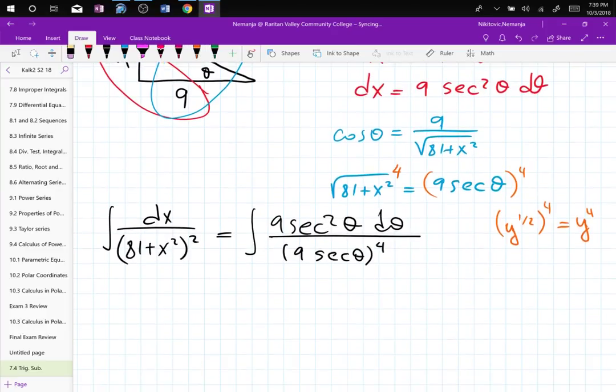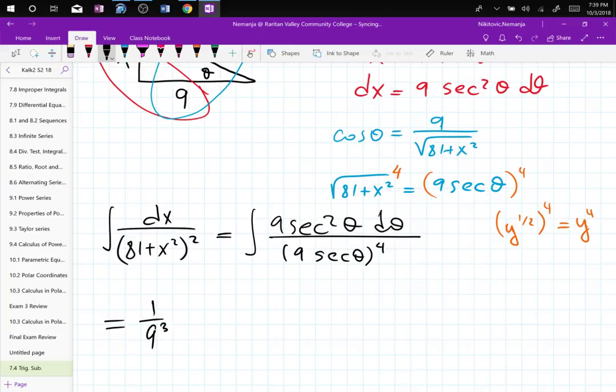Now you just have to deal with this nightmare, which is 1/9 cubed on the outside. And it's not a nightmare because it's secant squared divided by secant to the 4th. That's 1/secant squared. What 1/secant squared is? Cosine squared theta d theta,